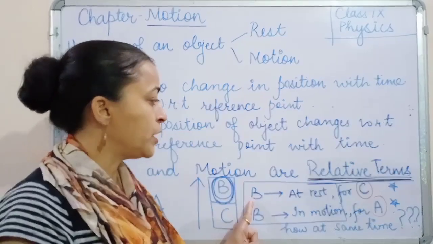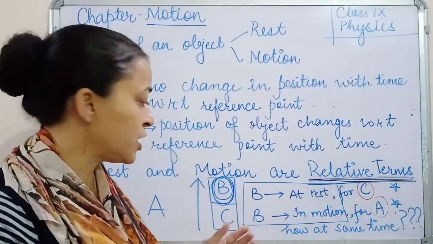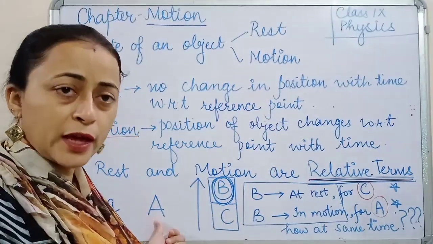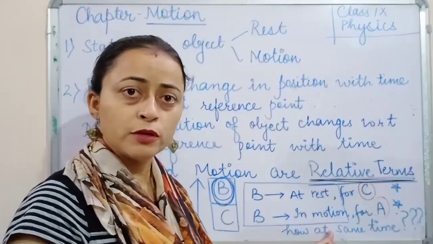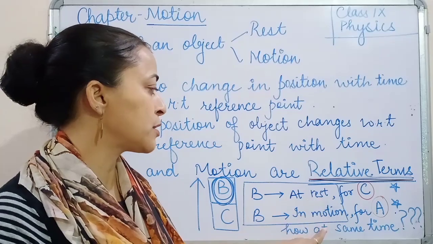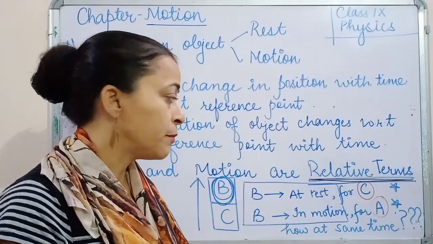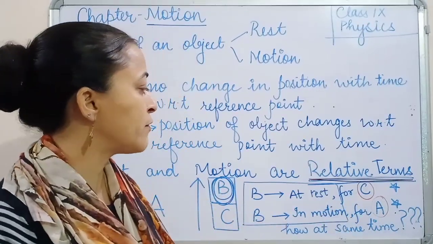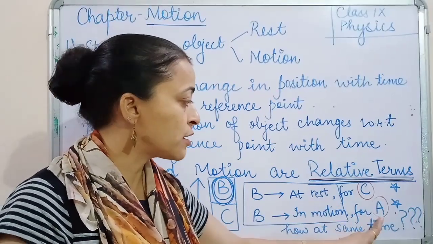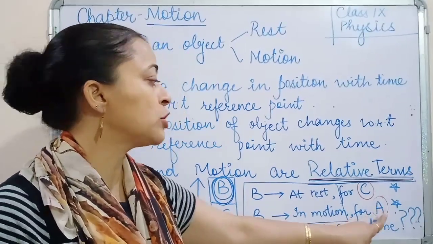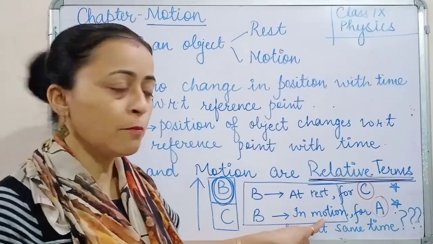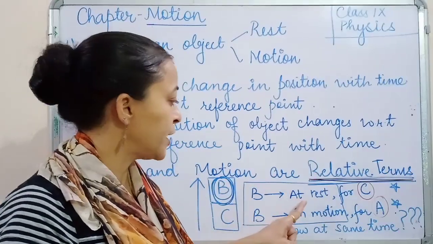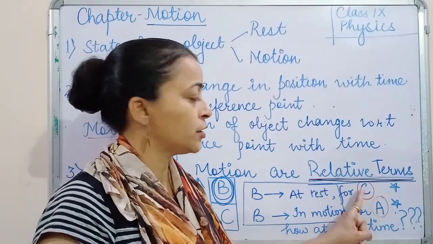So the state of B is at rest for C. Means if C is observing, he will say that B is in the state of rest. But on the other hand, if you ask A, he will say no, B is in motion. Means B is having both the states, rest and motion, at the same time. But it varies with the reference level we have chosen. C is the reference level when we are saying B is at rest, and A is the reference point or the observer who is viewing that B is in motion. That is why the same object B is having rest or motion state depending on the reference point